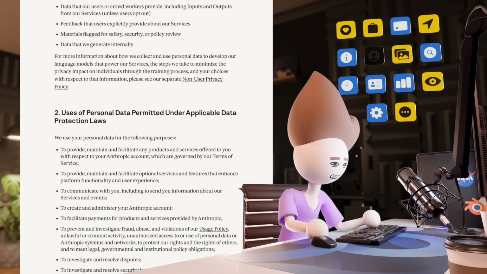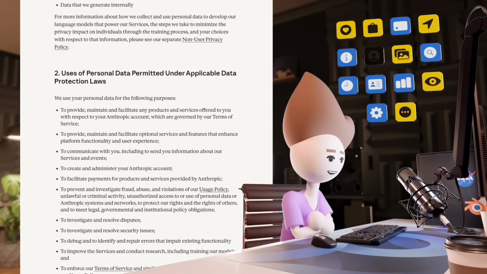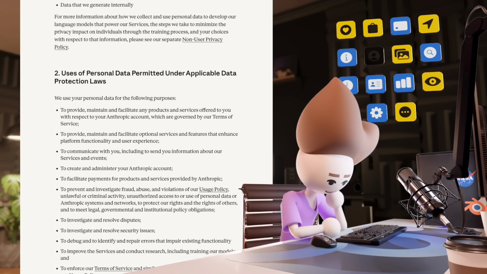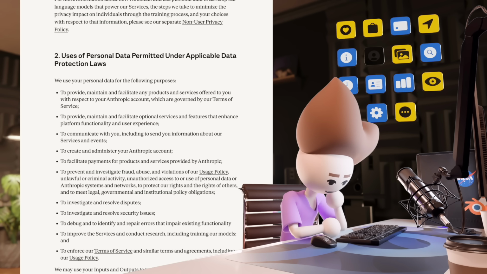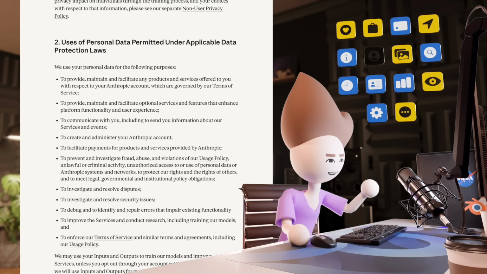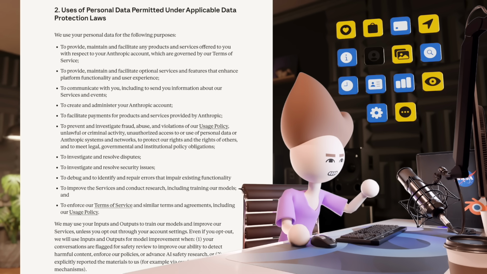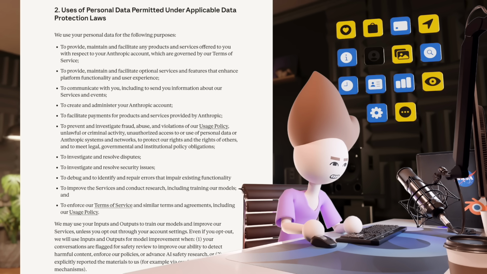We use your personal data for the following purposes: to provide, maintain, facilitate any products and services offered to you with respect to your Anthropic account, which is governed by your terms of service; to provide, maintain, facilitate operational services and features that enhance platform functionality and user experiences; to communicate with you, including to send you information about our services and events; to create and administer your Anthropic account; to facilitate payments for products and services provided by Anthropic; to prevent fraud, abuse, and violations of our usage policy, unlawful or criminal activity, unauthorized access or use of personal data or Anthropic systems and networks; to protect our rights and the rights of others, and to meet legal, governmental,